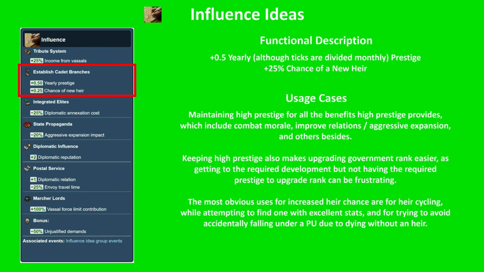Second idea, establish cadet branches. Plus 0.5, although the ticks are actually divided up monthly, prestige, and 25% extra heir chance. So how do you best use this? You best use this to maintain high prestige for all the benefits that high prestige provides, passively, it just does it. This includes combat morale, improved relations rate, aggressive expansion burn-off, minimization, and others besides. The high prestige also makes upgrading government ranks easier, as the go from duchy to kingdom and kingdom to empire things have